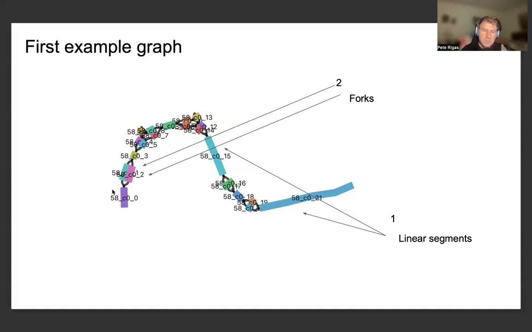You can see that at the beginning of the graph assembled by Bandage, 58C00 is a linear segment, but there's a bifurcation, a degree 2 vertex in the graph, in which there's a separation from the segment 58C00 into two other segments, 58C01 and 58C02, which consist of different base pairs from the sequences which are approximated by the